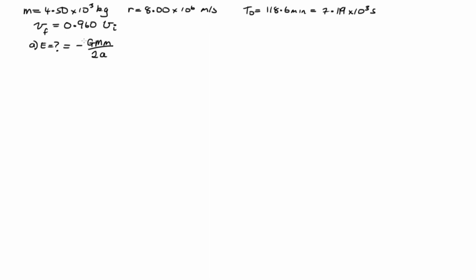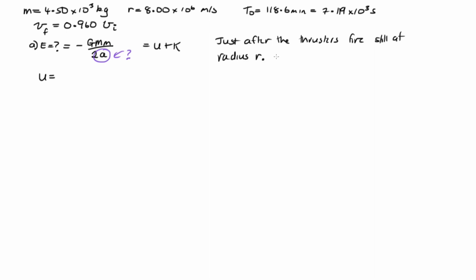But in this case, we don't know what a is, so we can't just solve it this way. So instead, we're going to have to look at E is equal to U plus K and calculate U and K separately. Okay, so the potential energy, U, now just after the thrusters fire, it's still going to be at radius